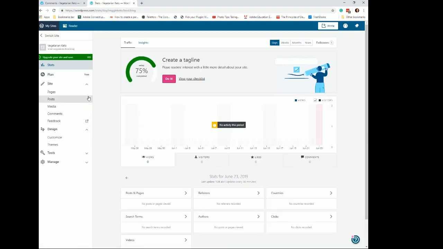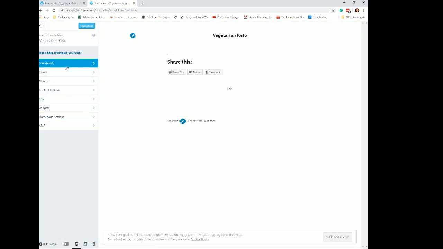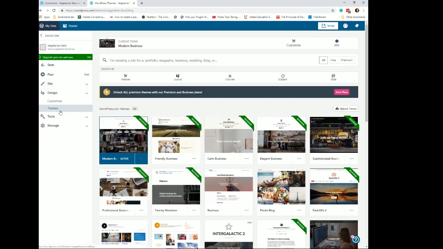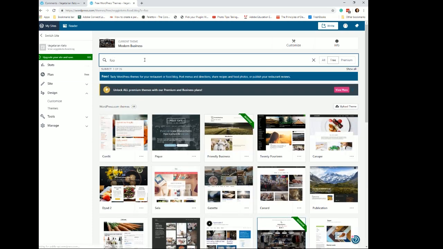But then the designs, I'm going to close that up. The designs would be the customizer, which will be over here at the left. That allows you to do all the customization and the themes. And what I'm going to look for is looking for a free one. And I think I'm going to put in food and see if I can find a food one that looks,